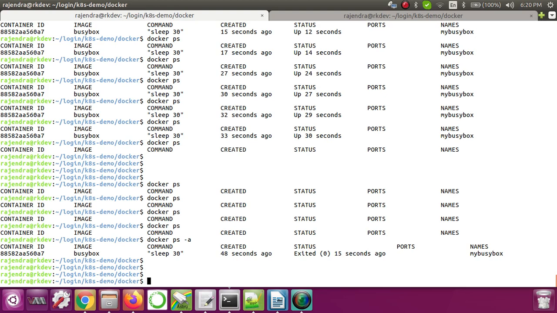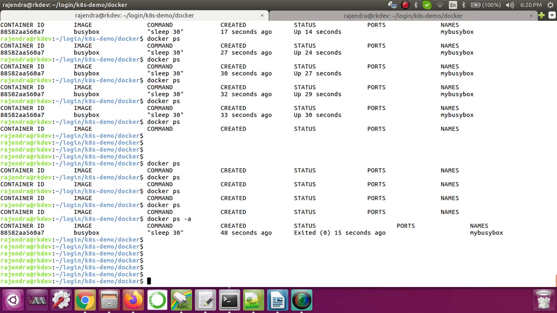Otherwise your container will be in exited state. We have to remember that when you are starting the container, make sure that your application is running all the time, otherwise your container will be in exited state.